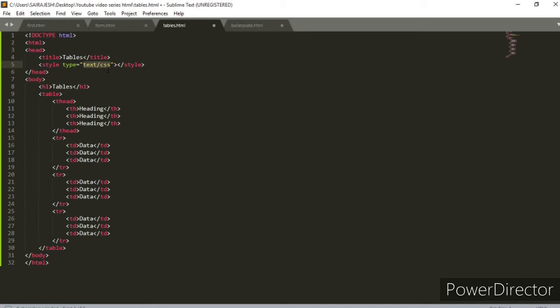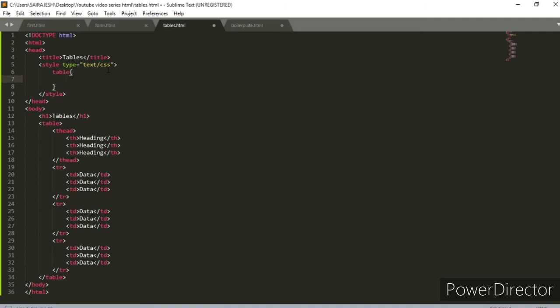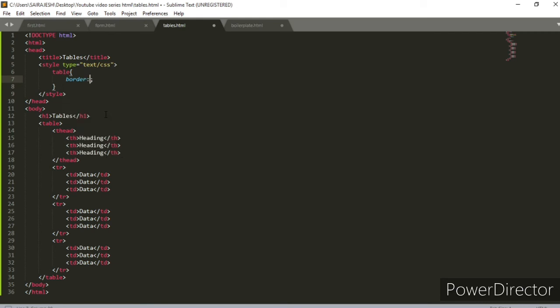What we'll do here is press enter first, and then we will try to select the table element. We want a border for the whole table, so I'll type in table here. So we selected the table element, and then we can use these curly brackets, with which we can change the styling. And then we use another thing called border. You have many properties as such. For this border property, we have to use a colon and then a semicolon at the end also.